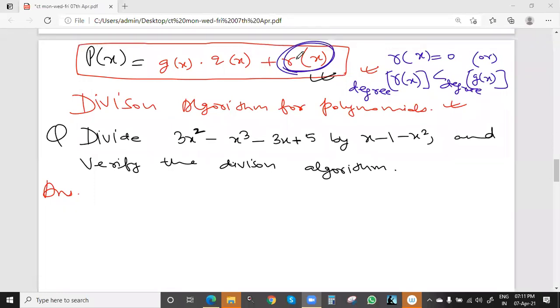Chanchal, your answer is correct. Means quotient is correct. Remainder is also right. Perfect. So Chanchal only got the right answer. So others will also try. Last 1 minute time. So good, Chanchal, you got the answer.